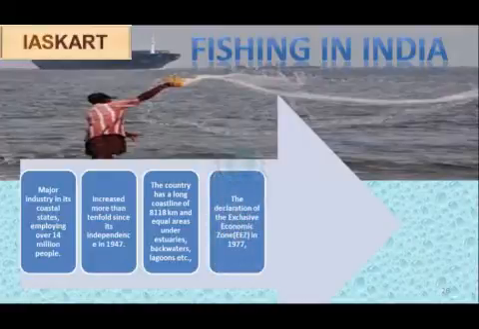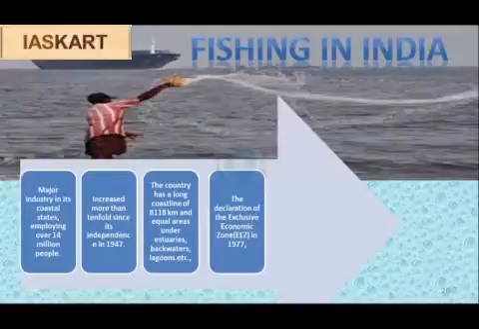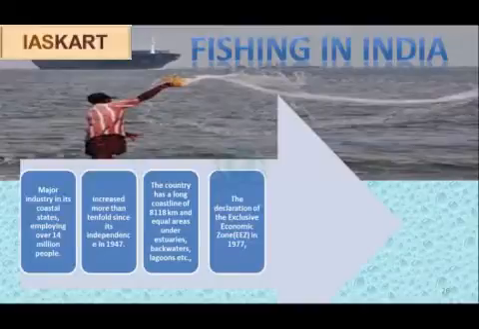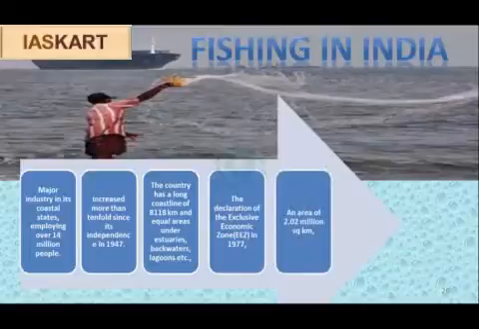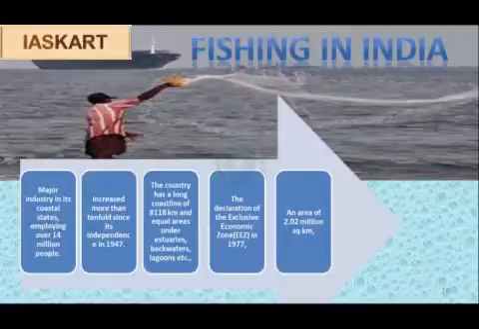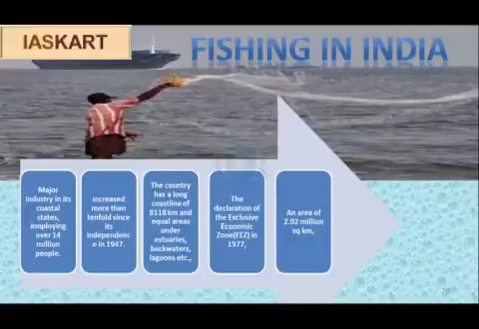The country has a long coastline of more than 8,000 kilometers, and equally has large areas under estuaries, backwaters, lagoons, etc. And these are all conducive for developing, for capturing as well as culturing fisheries. With the declaration of the exclusive economic zone in 1977, an area of around 2 million square kilometers has been added to our jurisdiction with the absolute right of exploring and exploiting the natural utilization of living resources in the sea